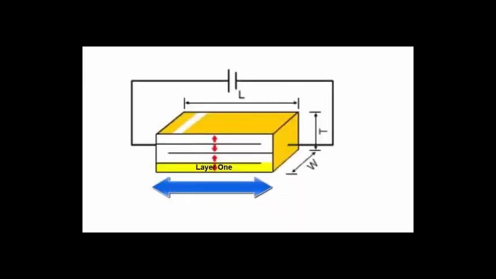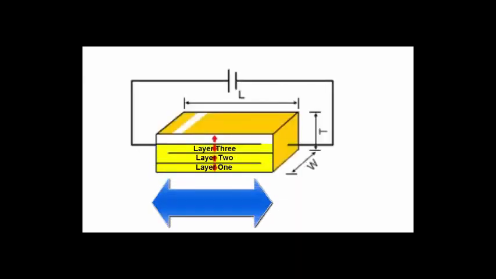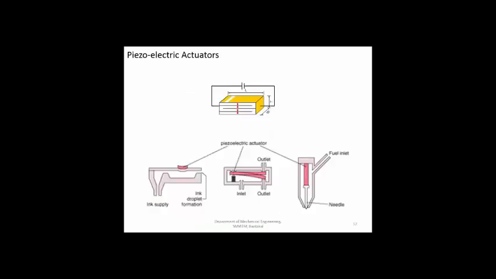A single piezoelectric layer will not have sufficient strength. So you use several layers of piezoelectric material to create the piezoelectric actuator. With a piezoelectric actuator, very rapid action is possible and the fatigue failure is also very, very low. But the force generated to weight ratio is slightly on the higher side as compared to shape memory alloys. So this piezoelectric actuator is used in laser scanning, as we have studied, where the laser has to scan the surface.